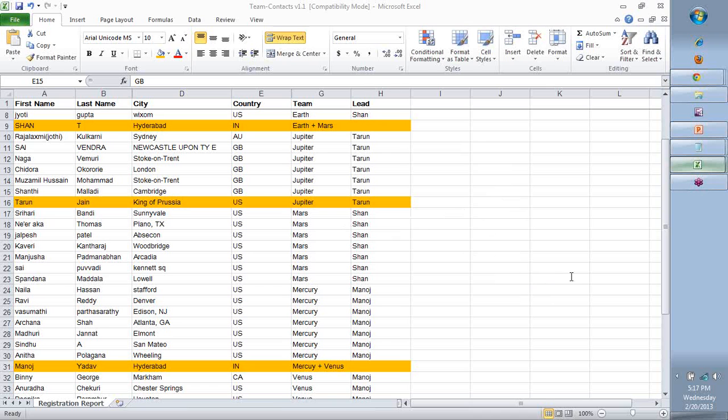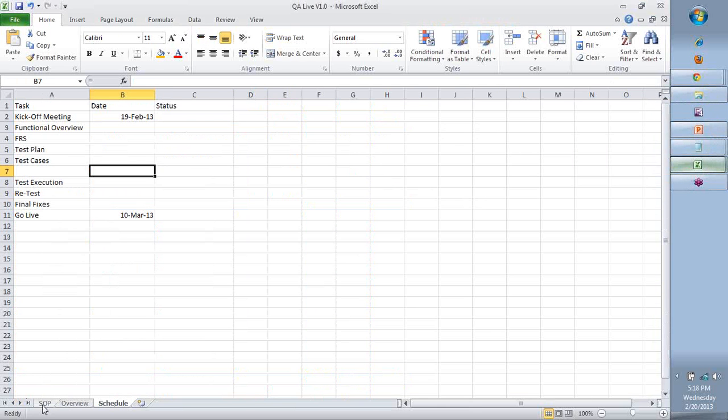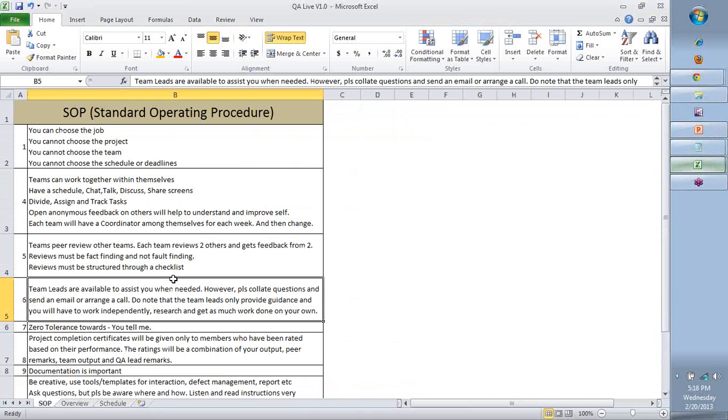Now, see, this is the thing. I already got a request from someone in the team saying that please put me with someone else in this city and so on. All right. Now, listen, this is where I will start with the main important thing. There is something called a standard operating procedure. This is what you have to focus on.